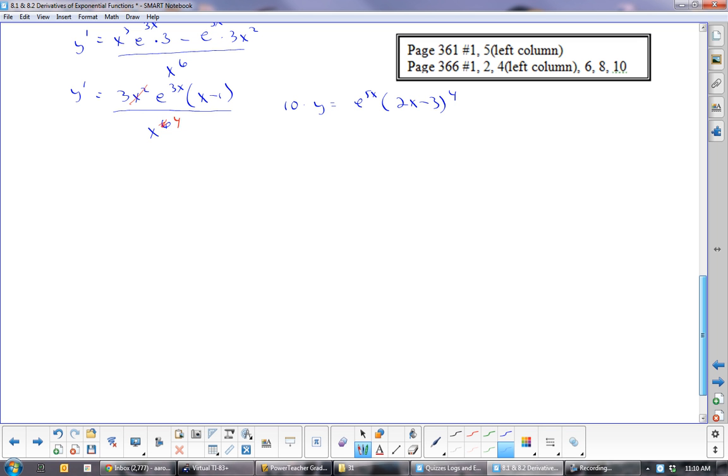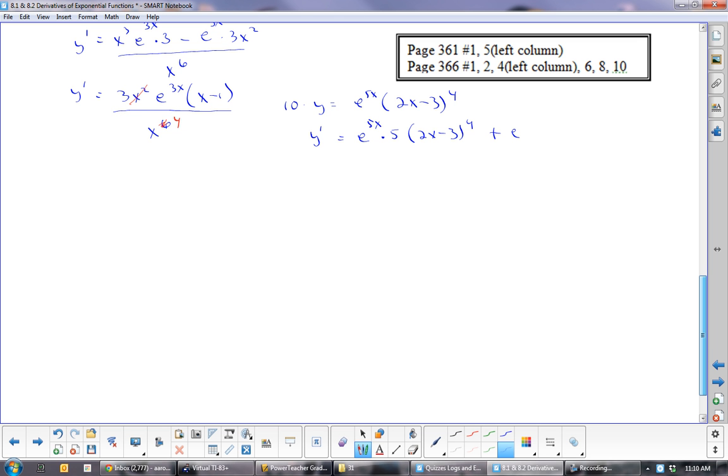It's just review. So y prime, we can do first times the derivative. So first is e to the 5x times the derivative of the, oh no, let's do derivative first times second. So derivative first is e to the 5x times 5, all times 2x minus 3 to the 4, plus